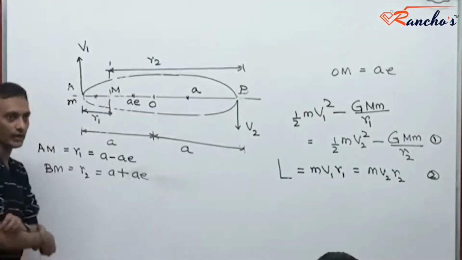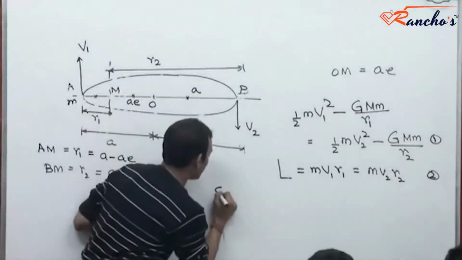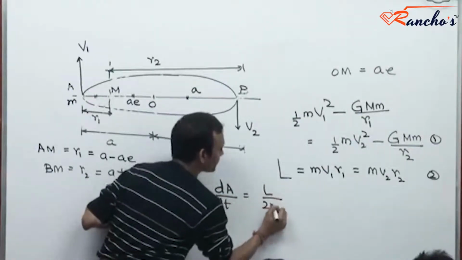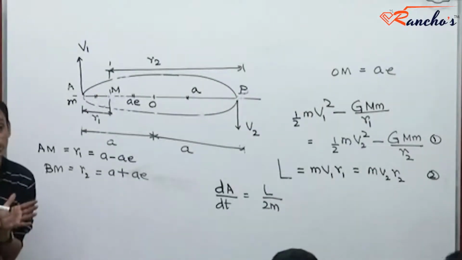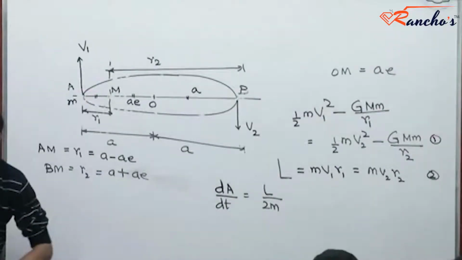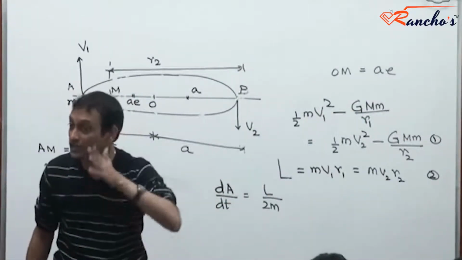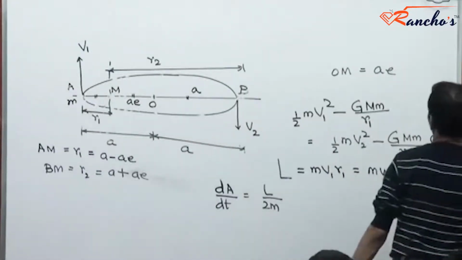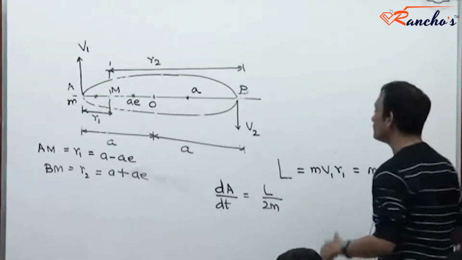Once I do that, then realize that the rate at which area is described about M is L by 2M. We figured that out, the law of areas. The constant rate of description of area about the focus, capital M, dA dt, is L by 2M. This we know. Now L is known, so dA dt will be known in terms of A and E. Now one more result which I have to tell you is,